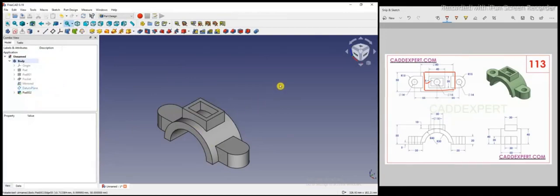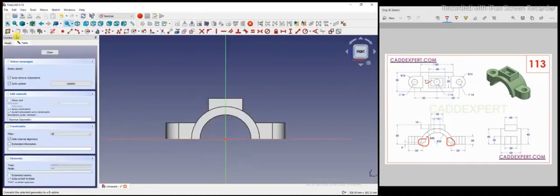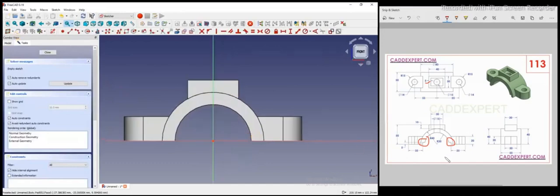So we have made our overall shape of this part. Now the hole we will cover as the last stage. Now we will make this cut here at both the sides. We can make one side and mirror it, but we can make it in a single sketch, so we will not use the mirror. So I will select this face and I say create a sketch,